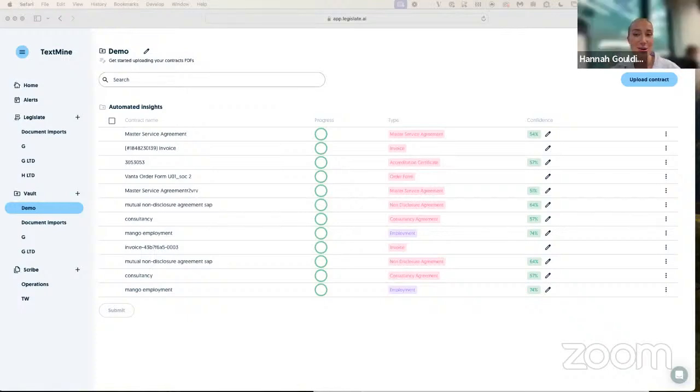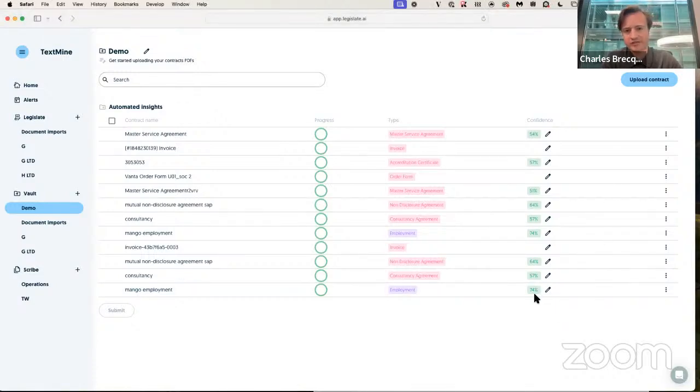And then the second one was, how does Vault ensure the accuracy and reliability of the extracted data? Ultimately, AI systems are never 100% accurate, and there's always room for improvement. But that's why we give scores to encourage users to verify the predictions. What we have found is that the model is able to learn very quickly from its mistakes, which means that once it's made some mistakes and learned the corrections, it won't repeat those mistakes.